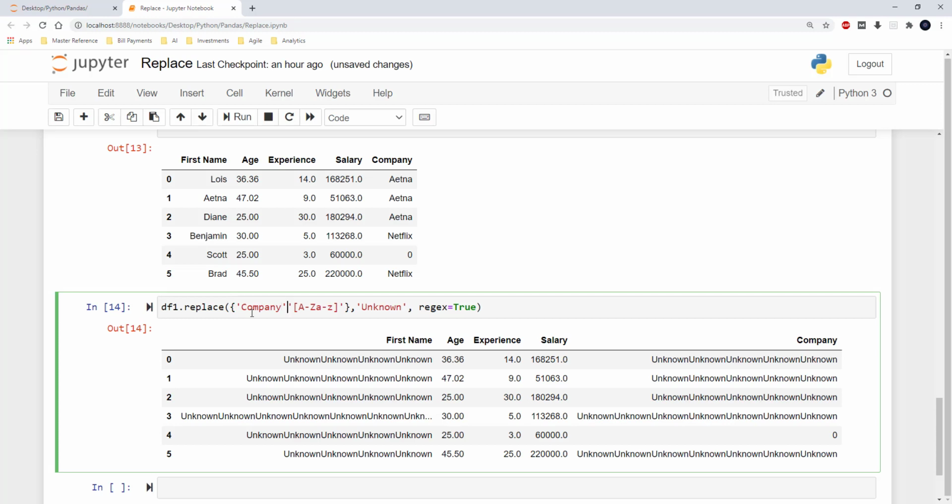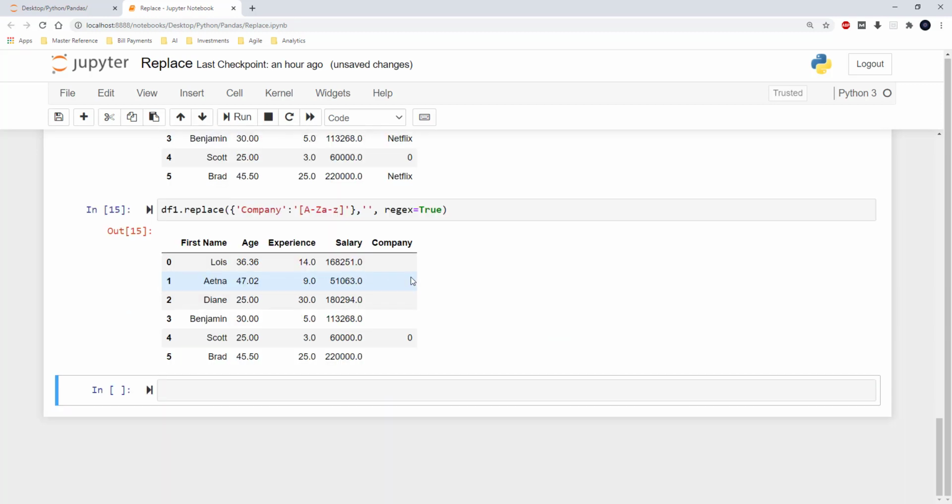Here I am selecting the company column, and within the company column I am selecting all the alphabets, and instead of unknown I just wanted to make it null. So now I should be able to see only the company replaced with nulls. Let me check that out. So here, as you can see, the company is now replaced with null, and the first name column is not altered. So these are some simple things that we could do with the replace function.